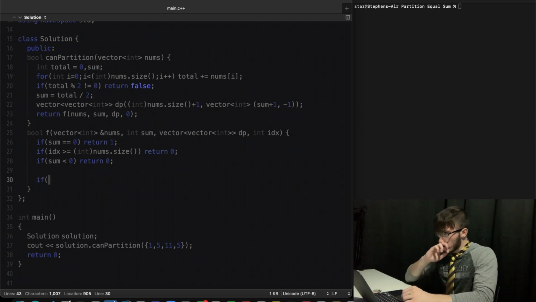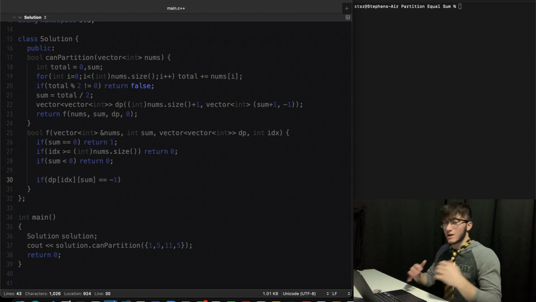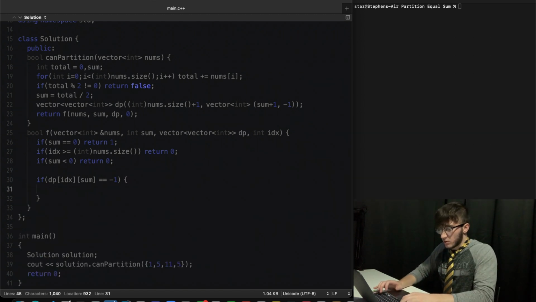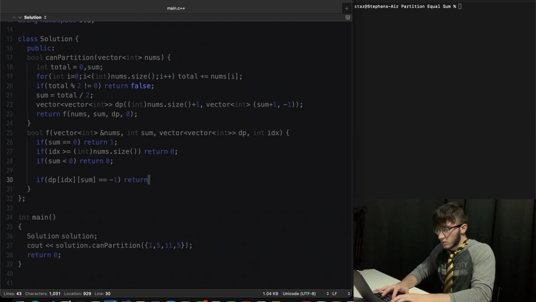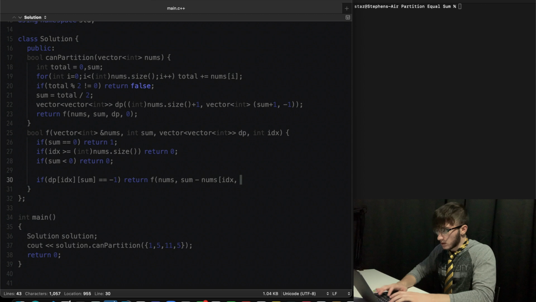Right, and now we can start implementing the dynamic programming part of this. So if the DP at the index sum equals -1, which means we have not calculated this spot on the two-dimensional array, we can start making that calculation. We can just return the recursive function call, giving it our nums, our sum subtracted by the nums at the current index, because we have to make progress to start going down to 0 eventually. And then we can take the DP and the index +1,